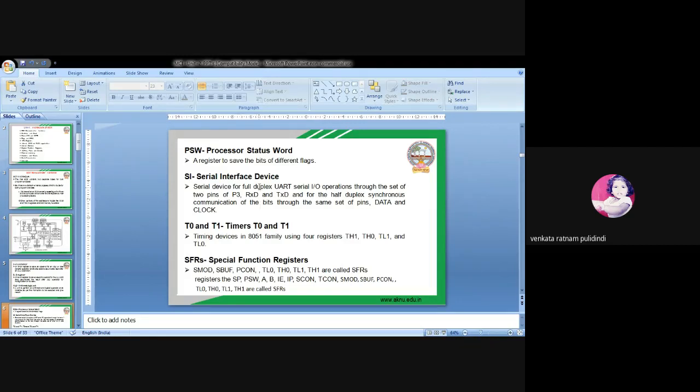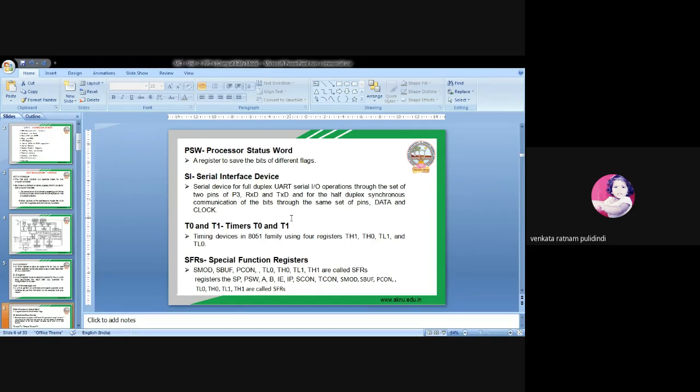Okay, so by using port 3, we can operate the serial interfacing devices. And here we have timers also. There are two 8-bit timers, denoted timer 0 and timer 1. These are used to measure how much time a task takes, and also to set the time to perform a task for a particular or specified time.